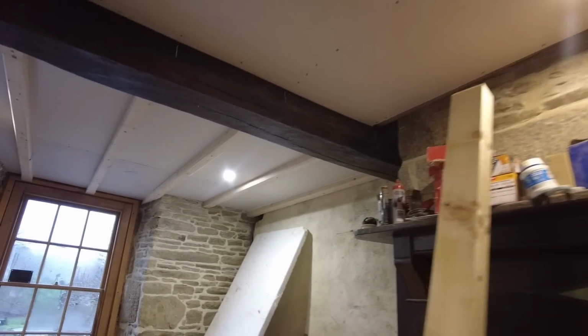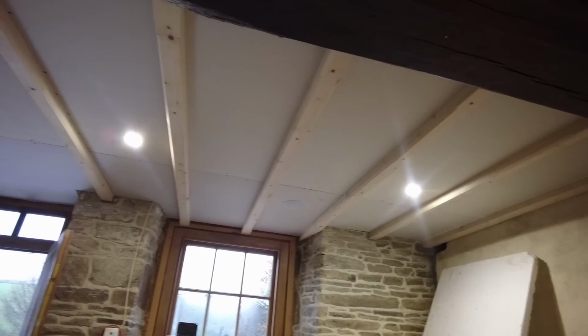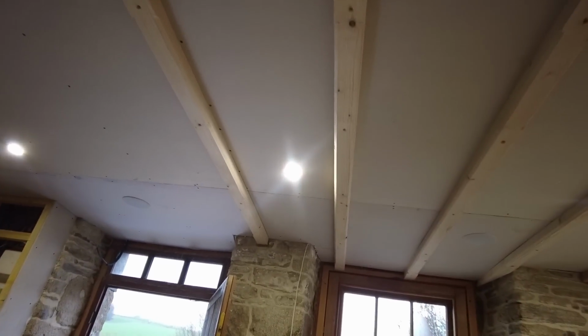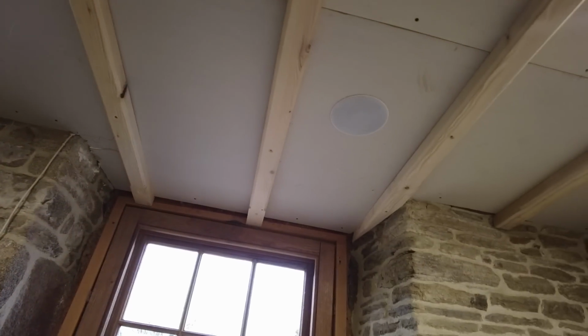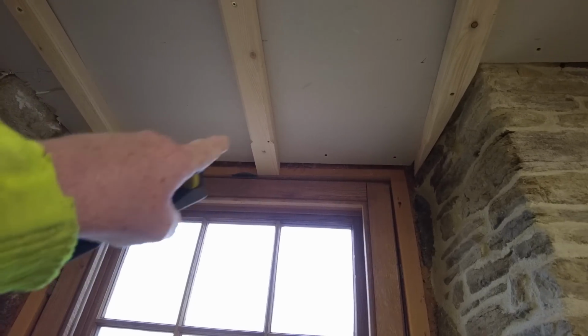So as you can see now, the beams are going up on the ceiling. Those of you who are a little bit keen of eye, you'll see that these are fir beams that are going up, not oak. Can you see the nice little mitres, mason's mitres? Looks nice, doesn't it? All of them have got it six inches in,